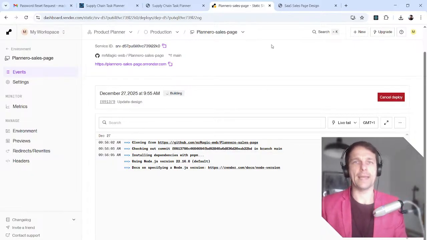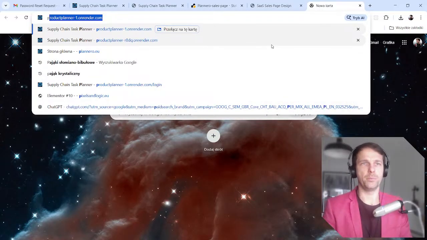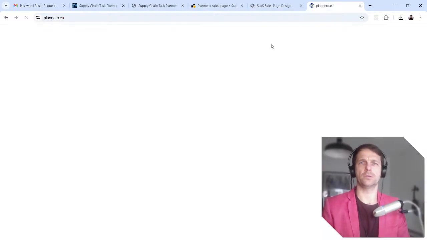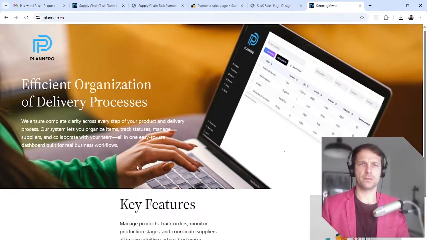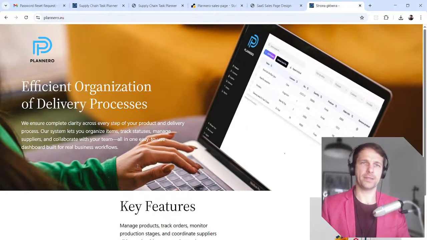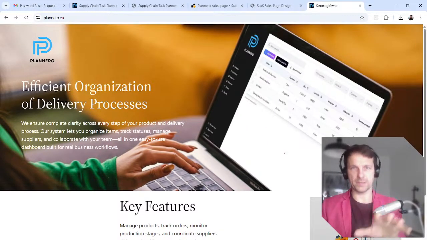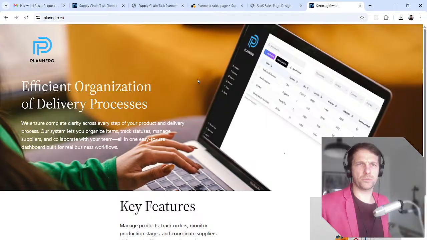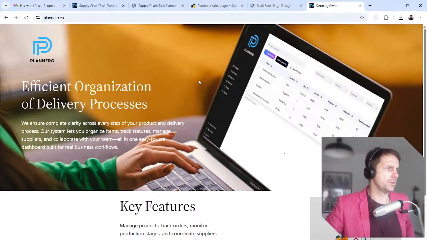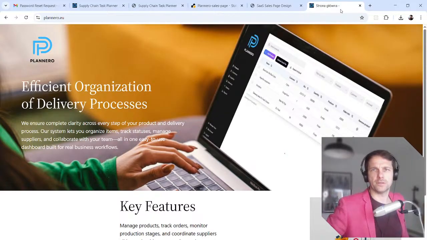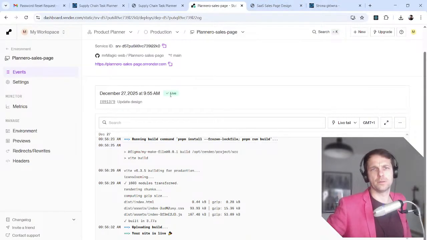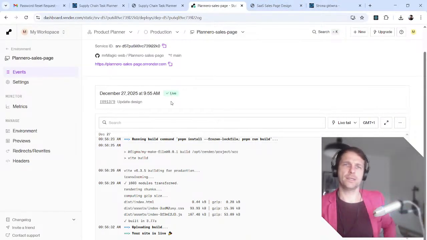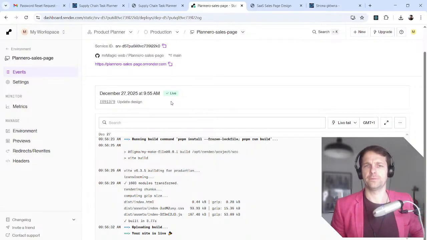And what I will do next is I have this domain planero.eu, which is cool, but I think this is where the website will go, and this is actually WordPress for now. But I don't just want to point this one to that page. I could actually do it with... Okay, yeah, let's just point that.